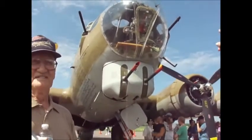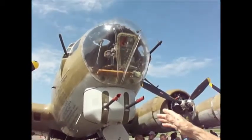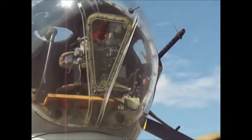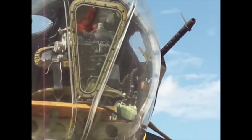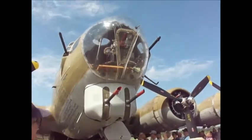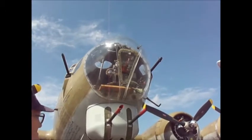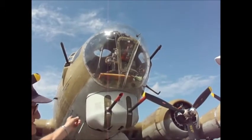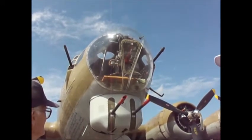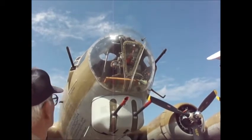But you had to be careful, especially with this gun up here. You had to make sure you lock it up again. Because if you let it go, the airstream would take that barrel and swing it around, and it would whop the guy sitting in the seat right in the back of the head. You couldn't let go of the gun until you got it hung up again. It wasn't like jumping from one gun to the other. I don't know how much they used the ball turret. The guys that ran into combat, they used it a lot, especially when the Germans were...